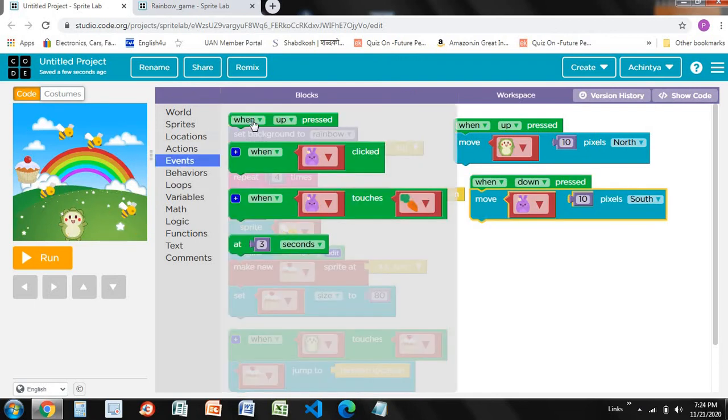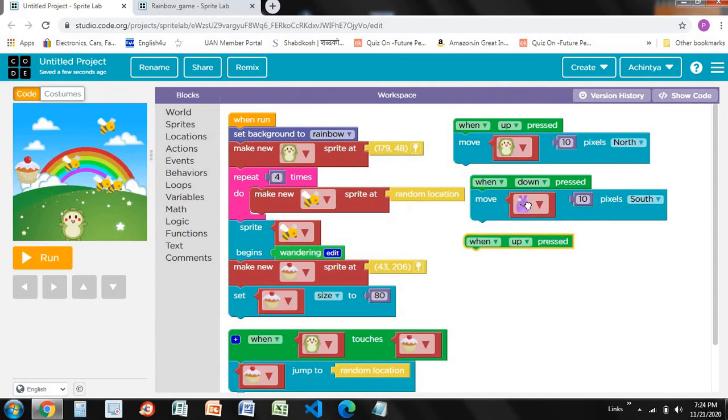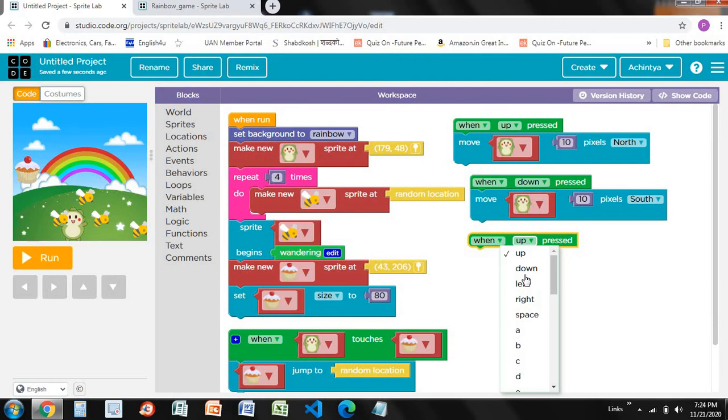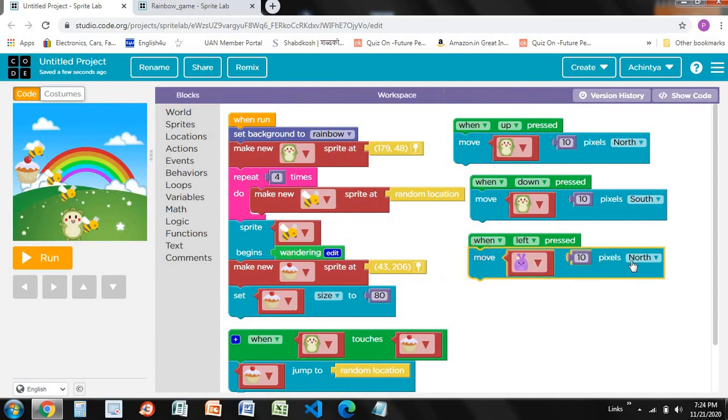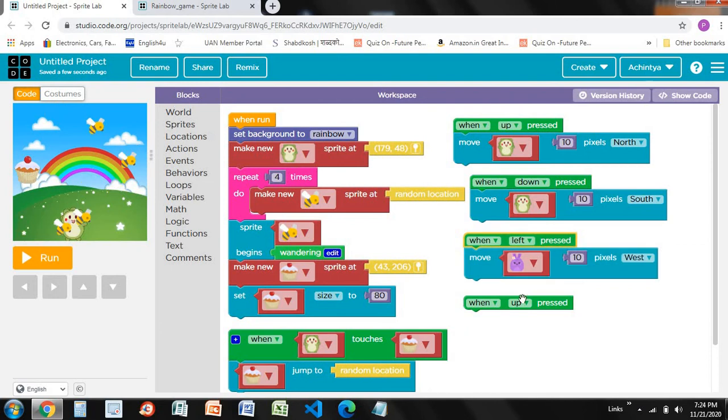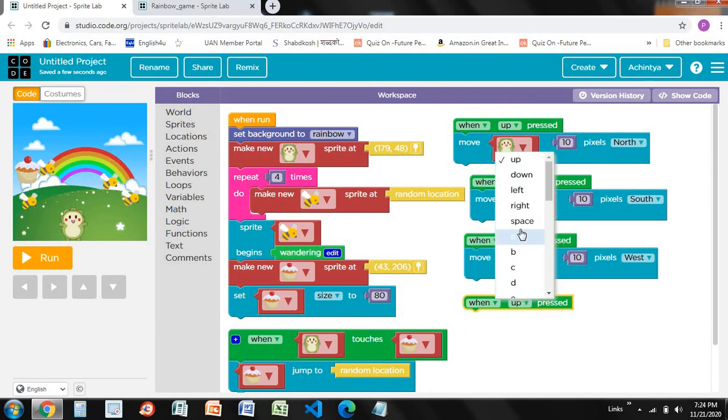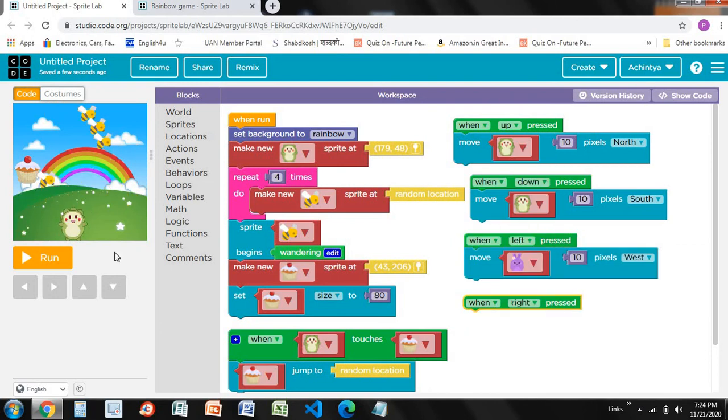Now again go to the events and change this one to your character. When left pressed, it should go to the west. Again go over here, drag and drop this and make this as west. Then again you have to drag. Now we are coding for the right one, when we click the right button, so over here like this.